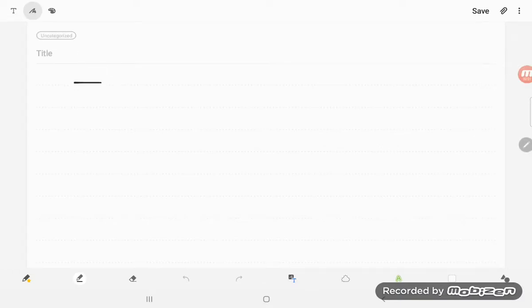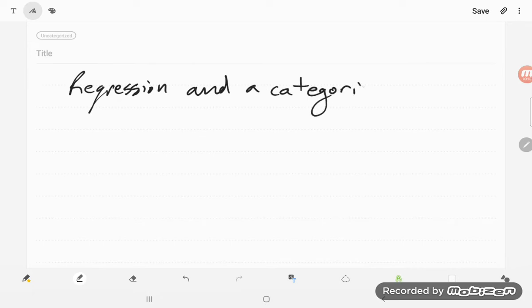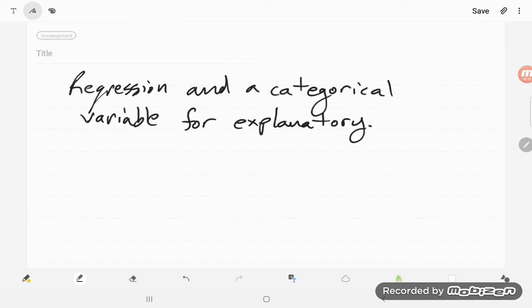Alrighty, so here I'd like to look at regression, and a categorical variable for explanatory. So previously, if we had something like this, we would use an ANOVA, but we want to look at this with regression, and so right now we'll just assume